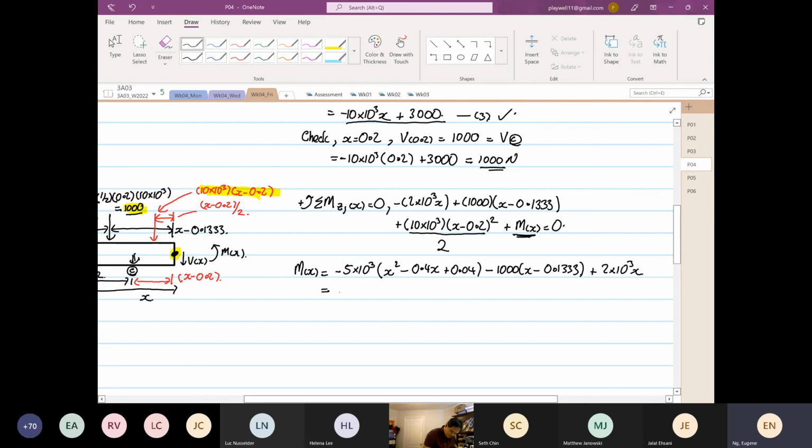So this will be equal to minus 5 times 10 to the power 3 x squared, plus 5 times 10 to the power 3 times 0.4, which is equal to 2000 x, minus 0.04 times 5 times 10 to the power 3, which is equal to 200, minus 1000 x, plus 1000 times 133.3, plus 2 times 10 to the power 3 x. Okay, so this is equal to